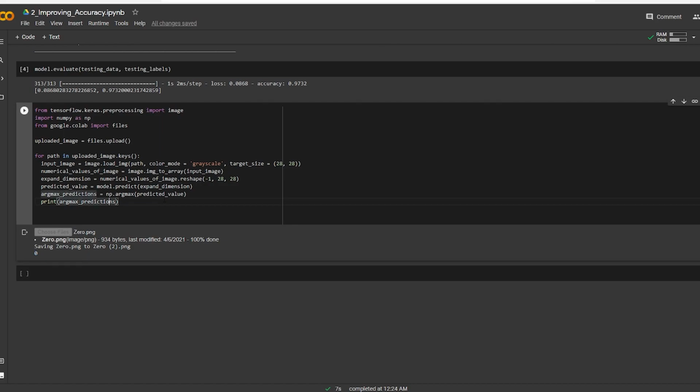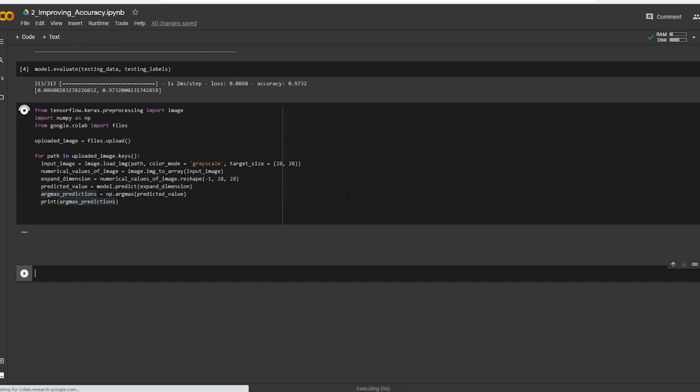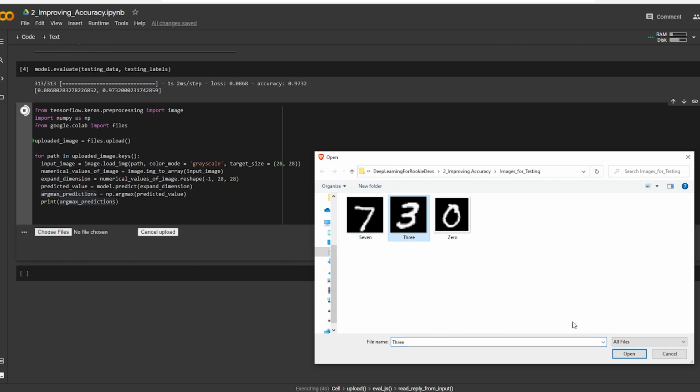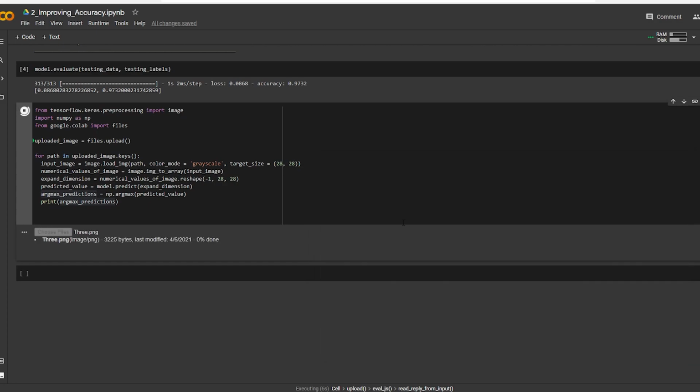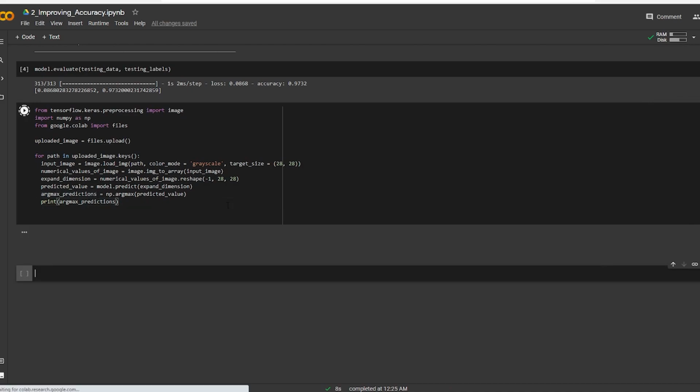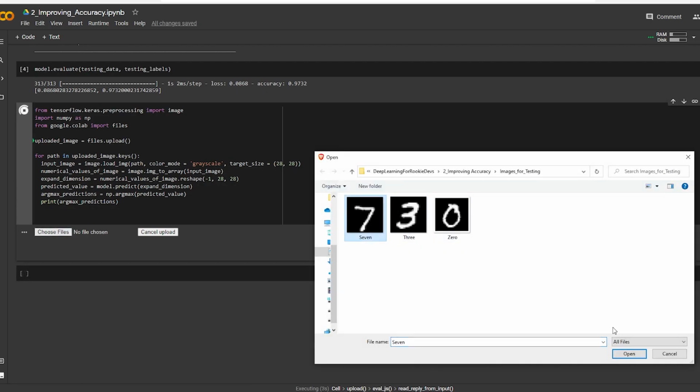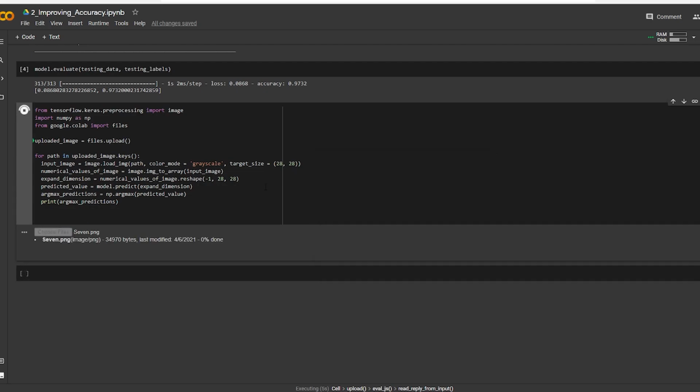So now let us try to test another one, and I'll say choose files. I'll select 3, and we have it. It says 3. All right, and now let us try to check 7. Let us see. It says 7. We have it. Okay, so our model is actually trying to predict the images that were not even in our